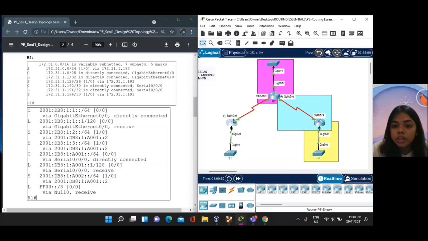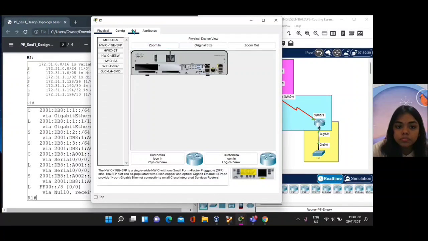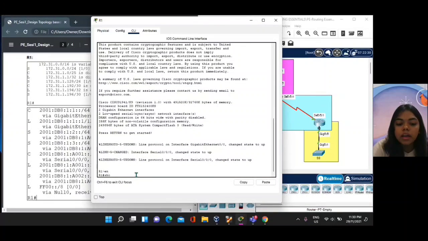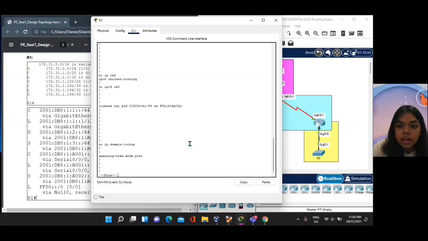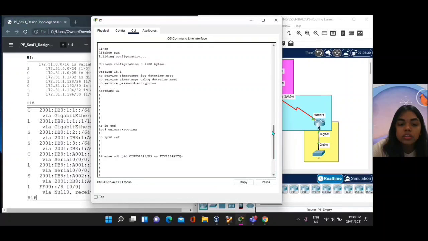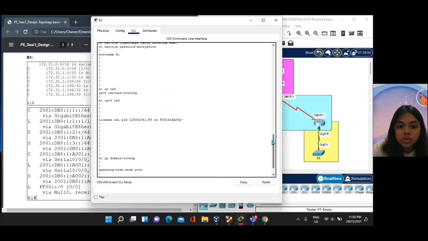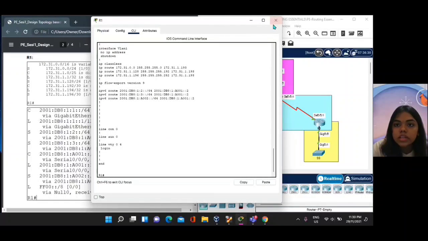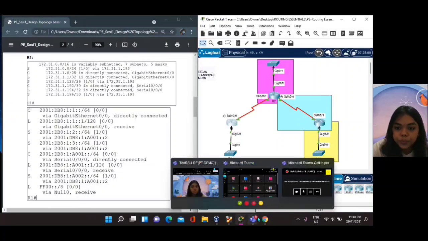When I look at router 1, I can see all my commands by using the show run command. I configured the host name and ipv6 unicast-routing, and these are the things that we configured for the static route, this one for IPv4, and following this one, the IPv6 routing commands. So that's all from me. Thank you.